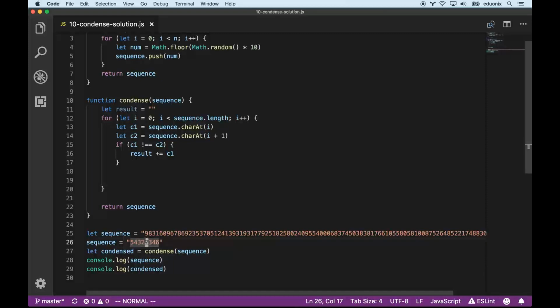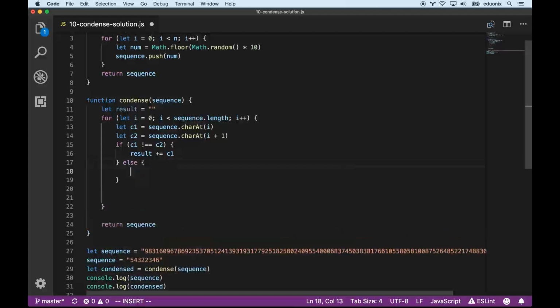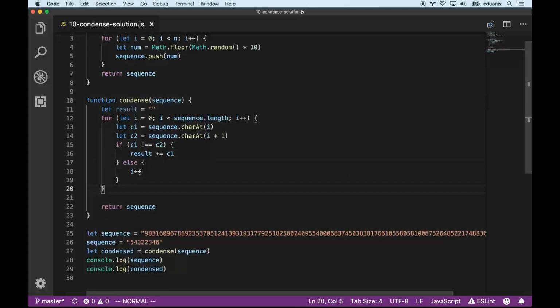And then, if we leave the for loop as it is, it's going to compare the 2 and the 3, and it would append that 2. But we actually need a way to get rid of that second 2 as well. So really, if they are the same, we should increment I again, just to make sure that I skips over that other index that we want to condense away. So now it's going to look at the 3 and the 4,